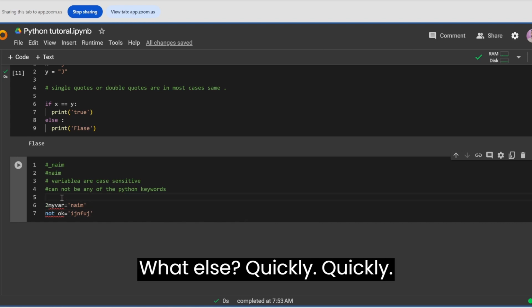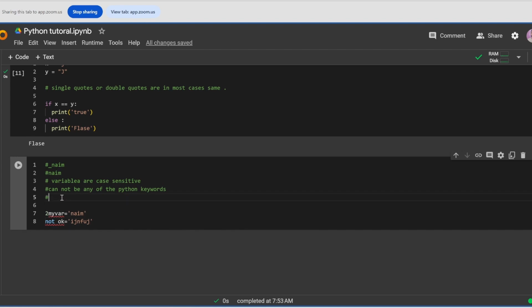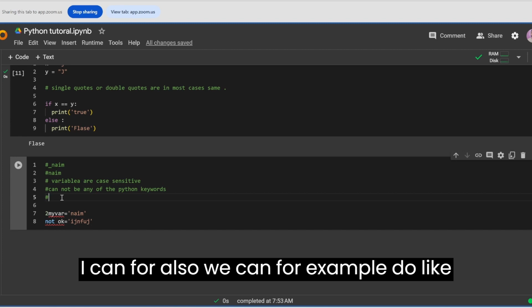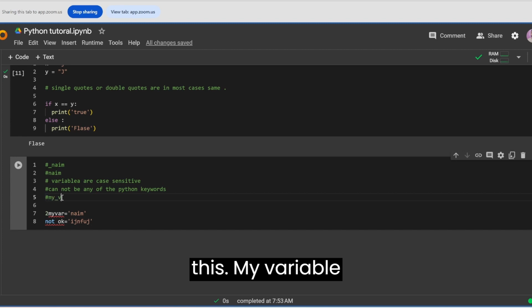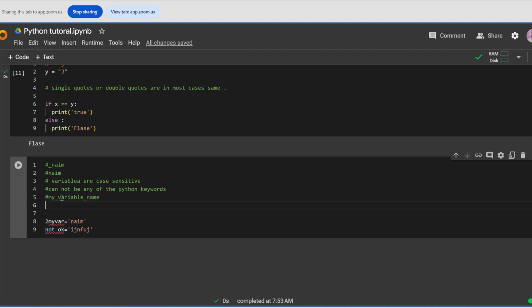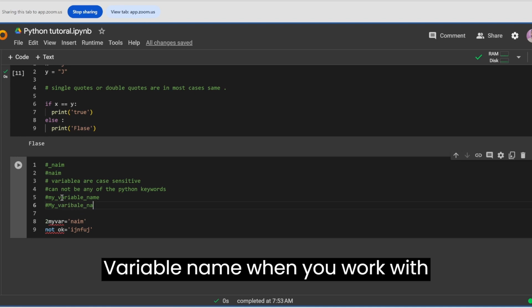What else? Quickly, we can, for example, do like this. My variable name. This can be, or it can be my variable name. When you